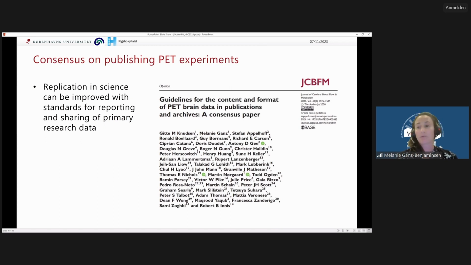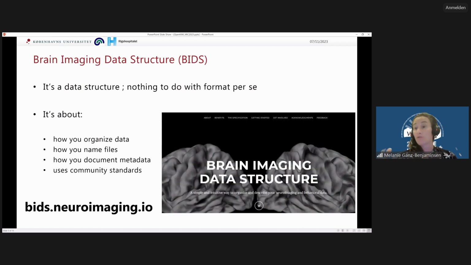What should be the guidelines? What should we report on? All the way from the reconstructions to, of course, with the radiochemistry already included, to the image analysis, both the pre-processing, but also what any kind of models are being used before we finally do our statistics. So here we actually had quite a good ground to build on in order to move forward and talk about how we can share data.